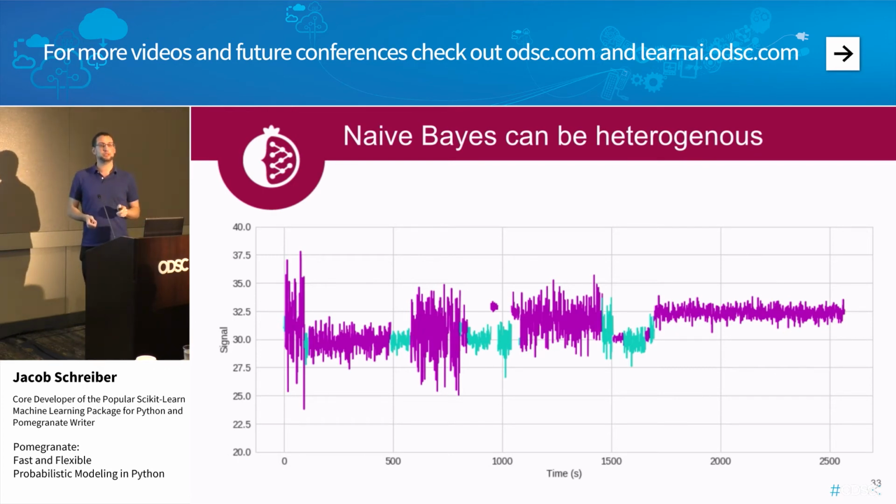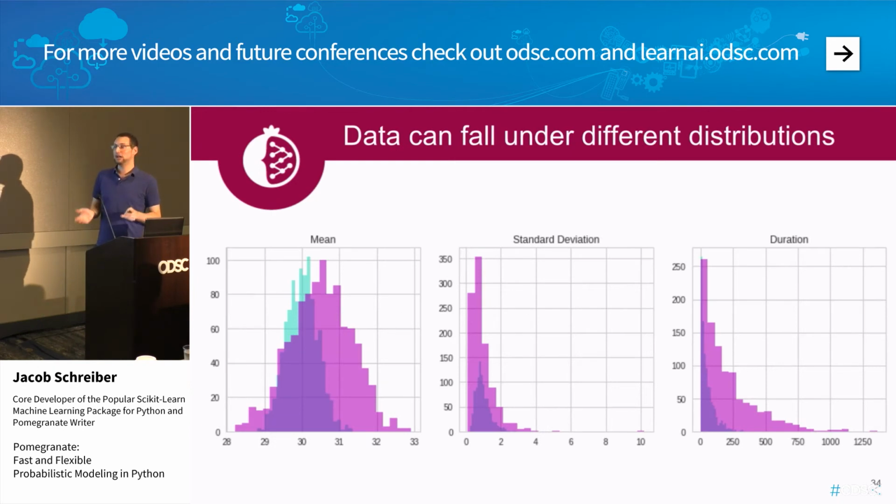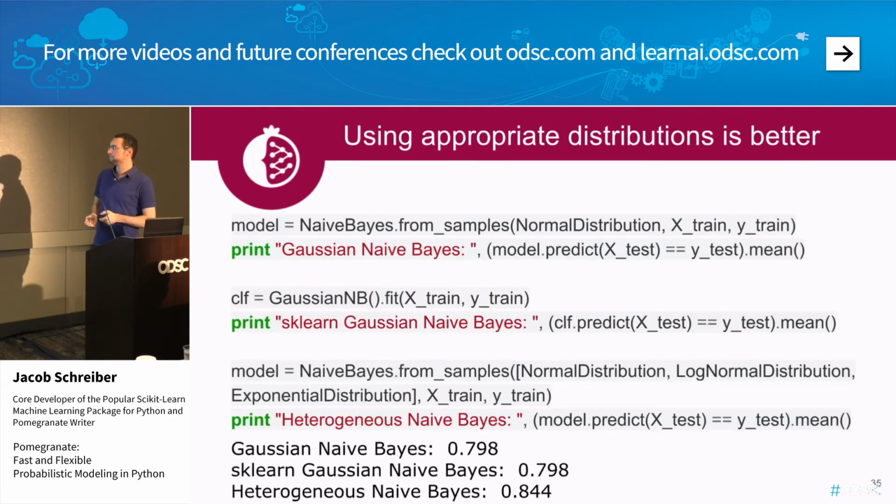If we look at the distributions of each one of these features, they aren't all Gaussian. The mean is probably Gaussian, and that makes sense. The standard deviation is clearly not Gaussian because it has to be limited to be positive. A normal distribution is going to say that, since it's symmetrical, there is some probability of it being negative, but it seems here like a log normal distribution or a gamma distribution is more likely going to model the data well. Likewise, durations are very commonly modeled using exponential distributions, and that seems to be the case here, where you have some exponential decay going downward. You wouldn't want to use a Gaussian distribution for each one of these features, and this has real-world implications.